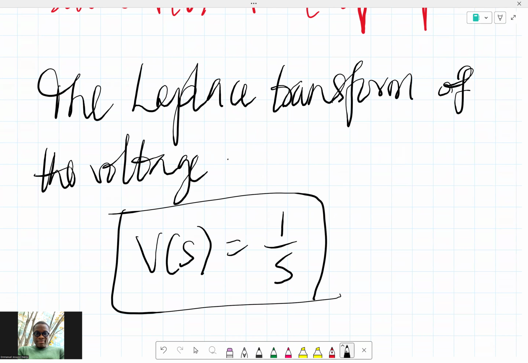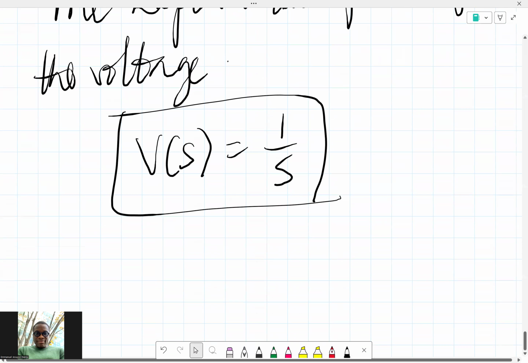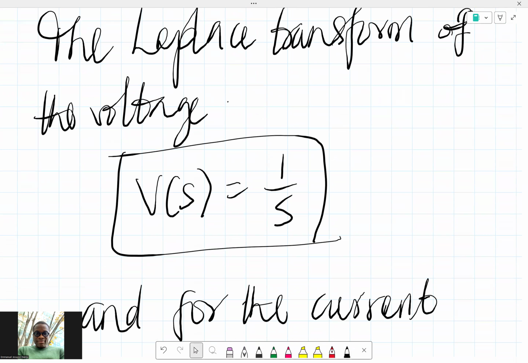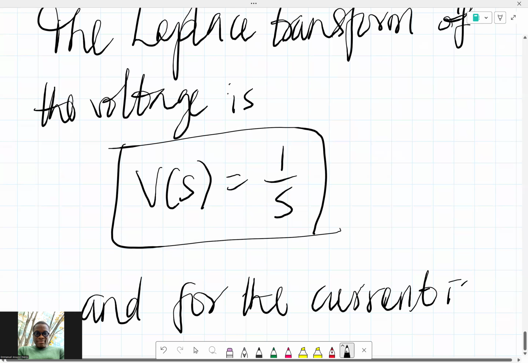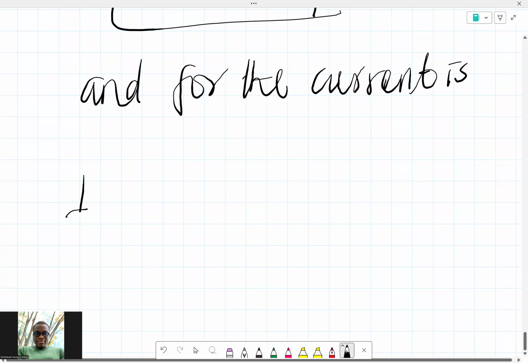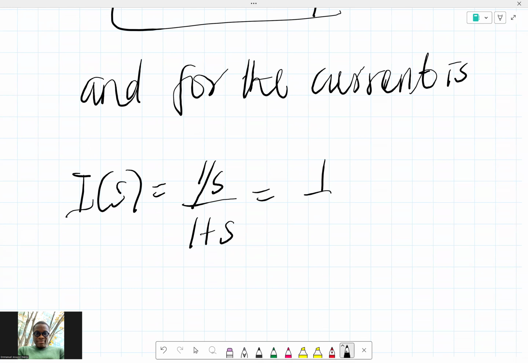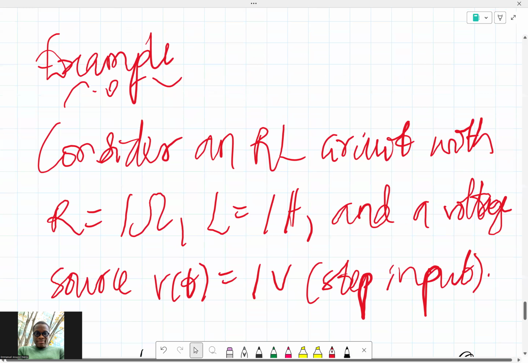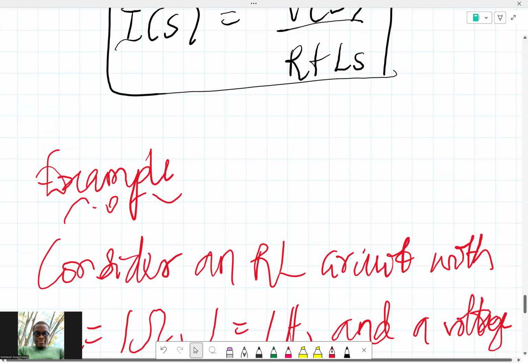I have that. Okay, and for the current, I(s) equals 1 over s all over 1 plus s, and that is equal to 1 over s plus 1 as usual, because the current